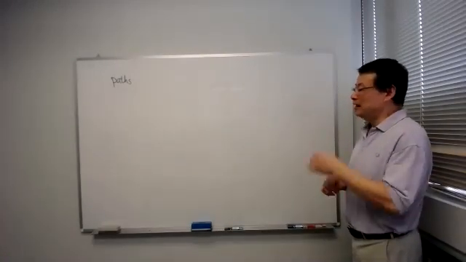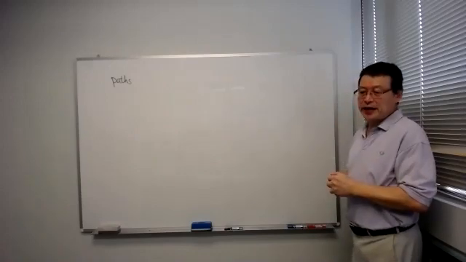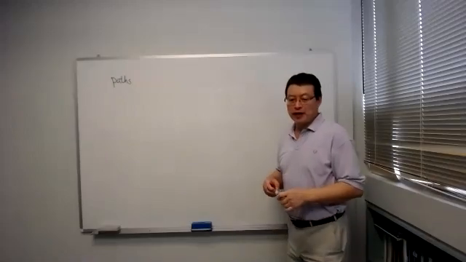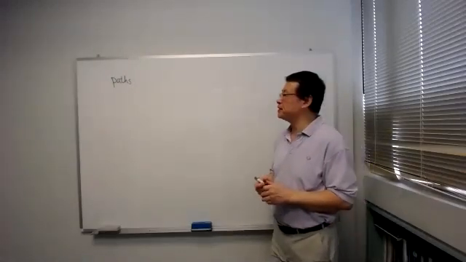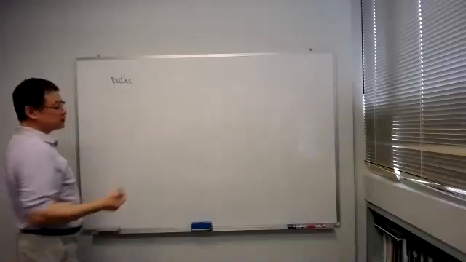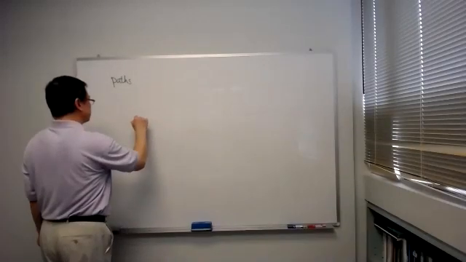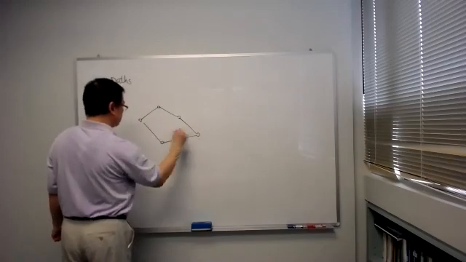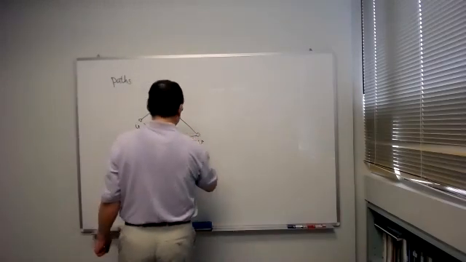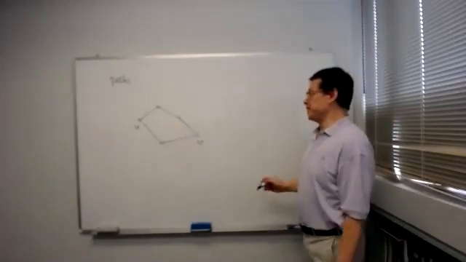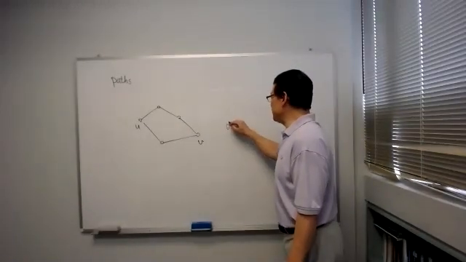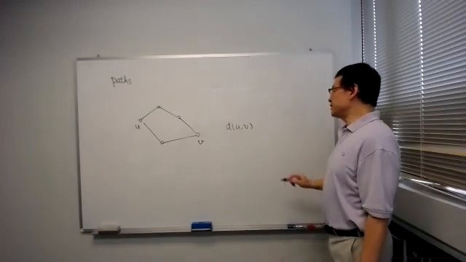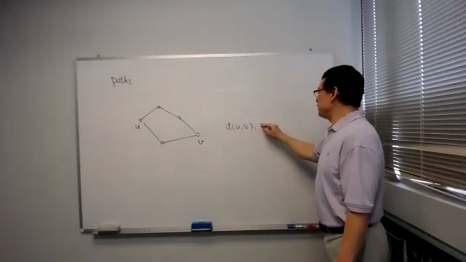So we have paths, then we have distance. Once we have a path, then we have distance. The length of a path, of course, is the number of edges involved in the path. So given 2 vertices, then we can talk about their distance. So typically we use d(u,v) to denote the distance. That means the number of edges